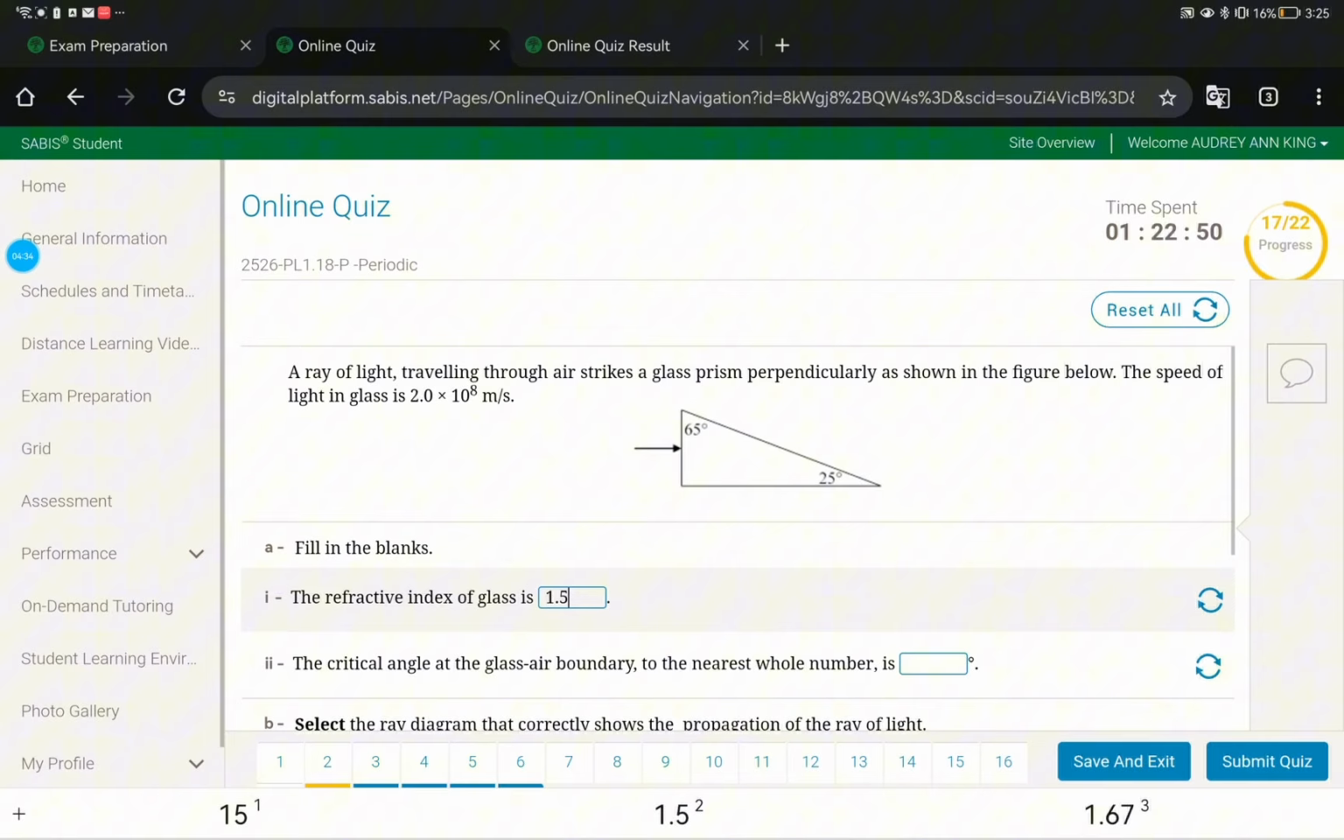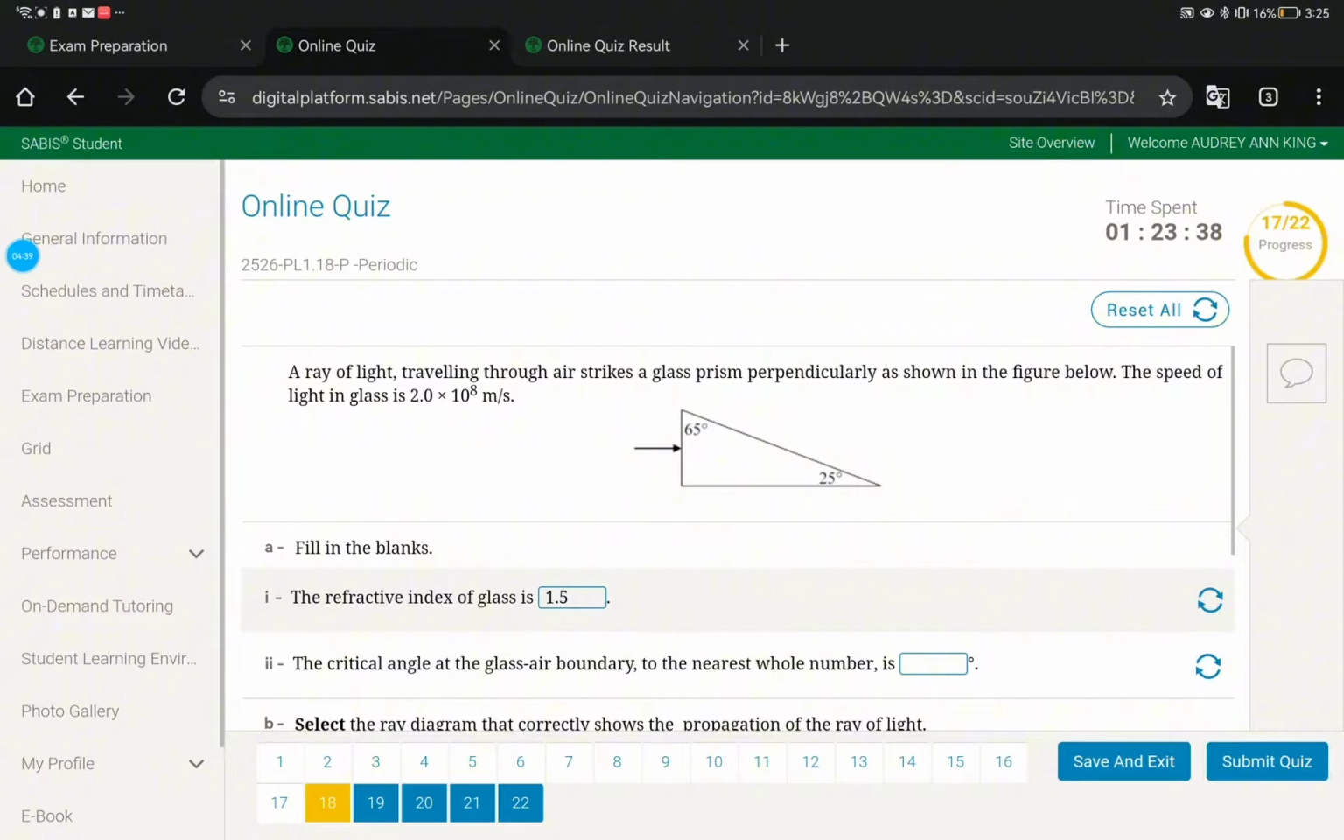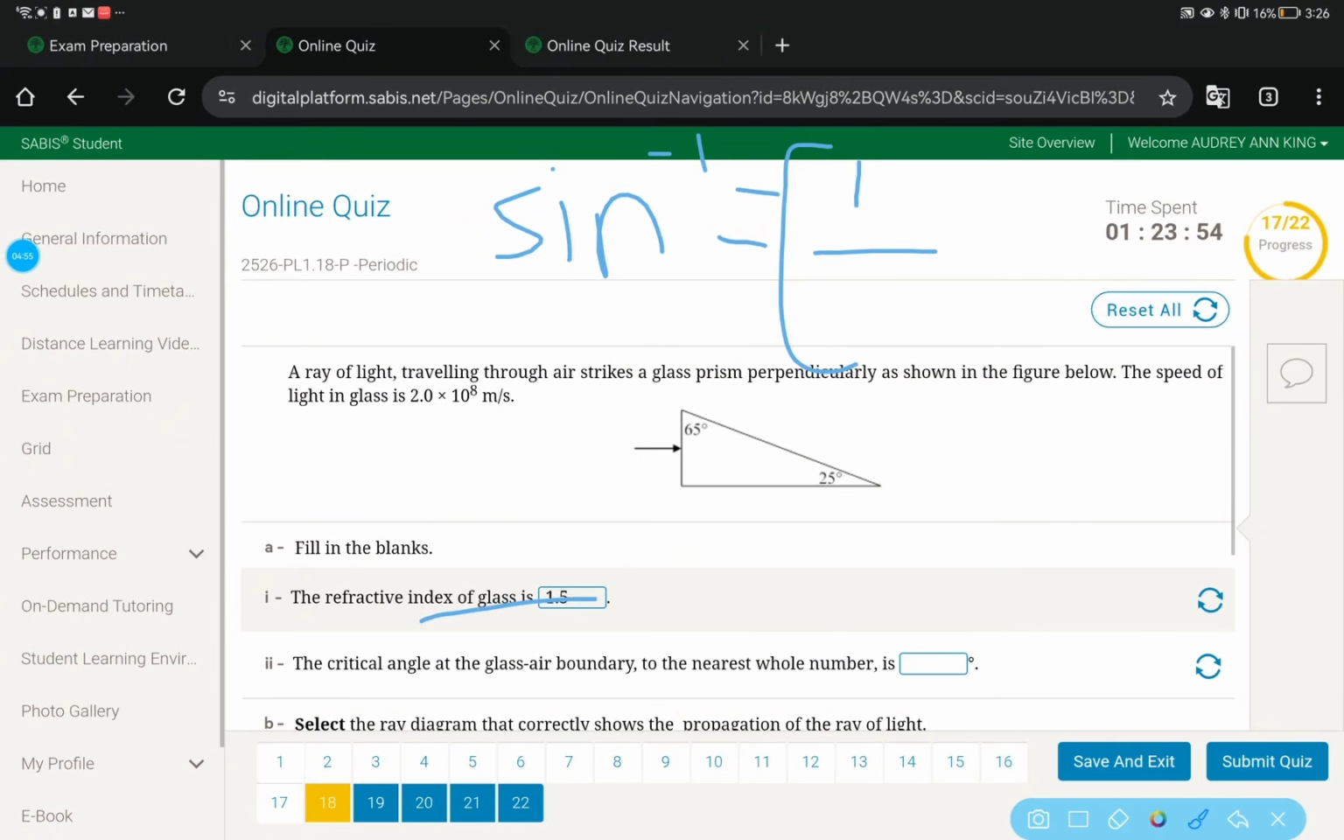The critical angle at the glass-air boundary to the nearest whole number is... So we're going to use the critical angle formula. So you do sine inverse of 1, which is the refractive index of air, you have to memorize that it's just 1, over the refractive index of glass, which we got here, which was 1.5. So 1 over 1.5, so they get